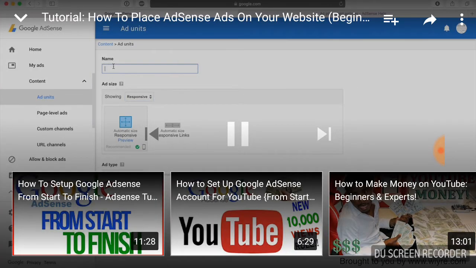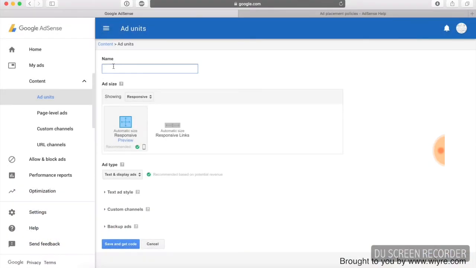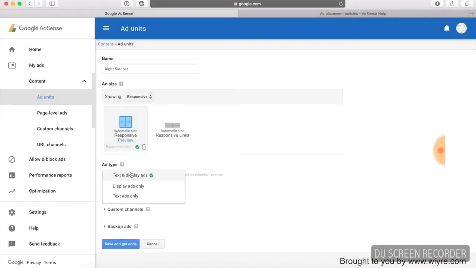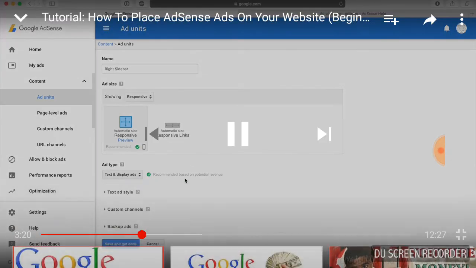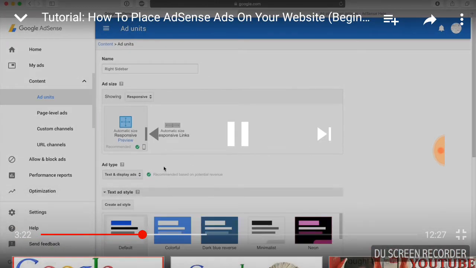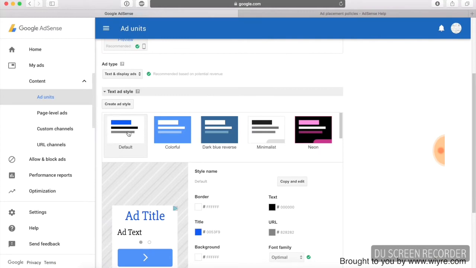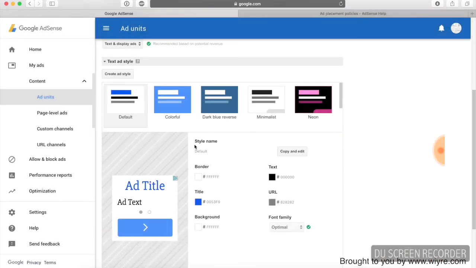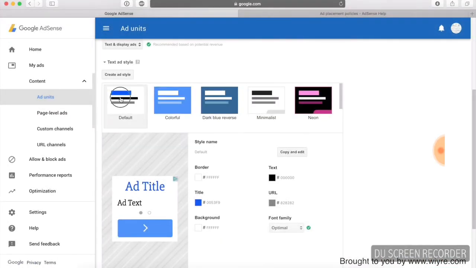So I'm going to name this ad unit based on the location that the ad is going to be placed. I'm going to put this ad unit in the right hand sidebar, so I'm going to do right sidebar. And I want this one to be selected. Text and display ads is just recommended based on the revenue. The ad style, I kind of try to make it match the website color template that I'm using, just so it blends in a little bit well and doesn't completely stand out. Just for this example,